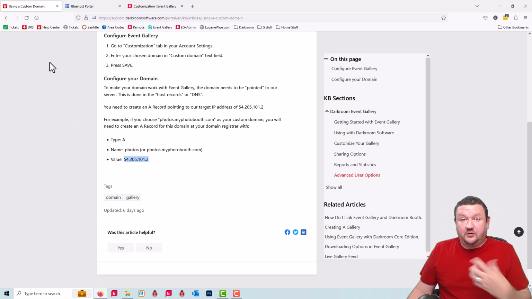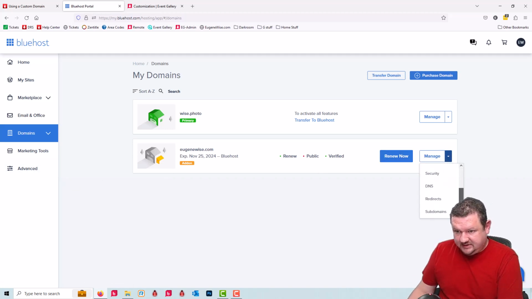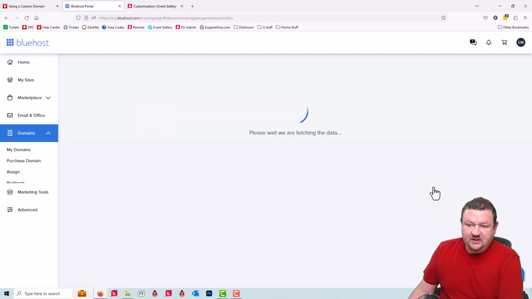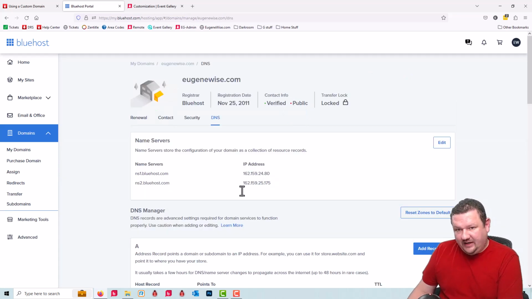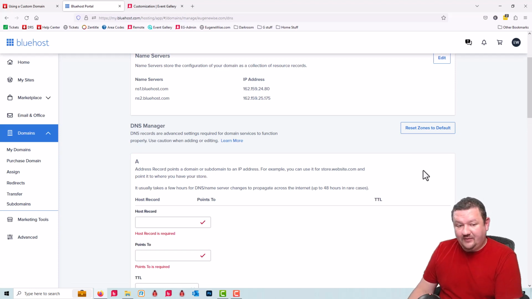whoever's hosting our domain name. I'm using Bluehost here, so I'm going to go to eugenewise.com and then manage, let's see, DNS. And we're going to want to add an A record. Now, before we get too far in this, if this is something you're not comfortable or familiar with, you might want to check with your web admin for help. But I'm going to add a new A record,